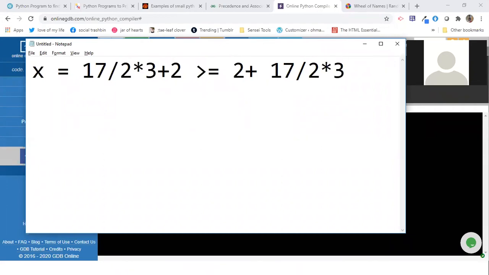What is the answer to this? True, ma'am. True. Why? Equal sila. If you solve this one, the answer here is